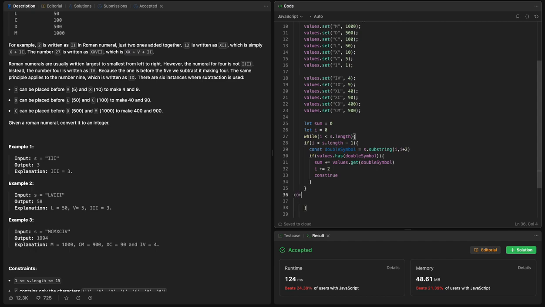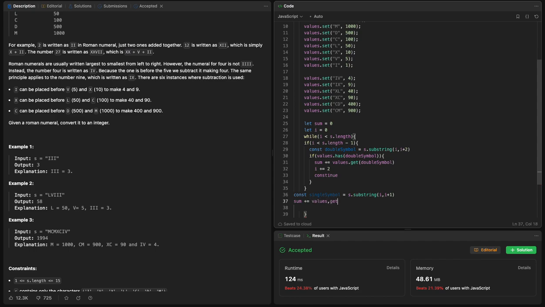I'll say const single symbol equals s dot substring i and i plus 1. And I will say the sum will plus equal values